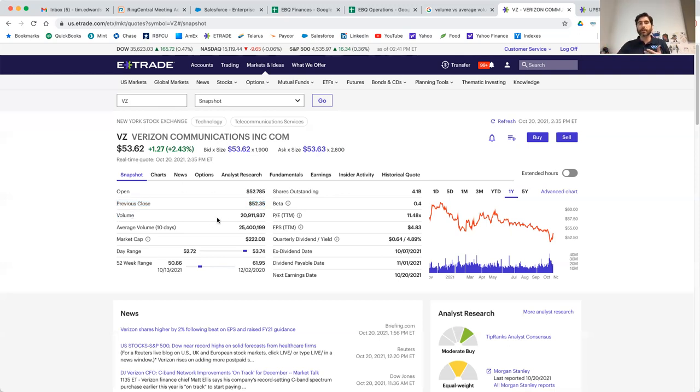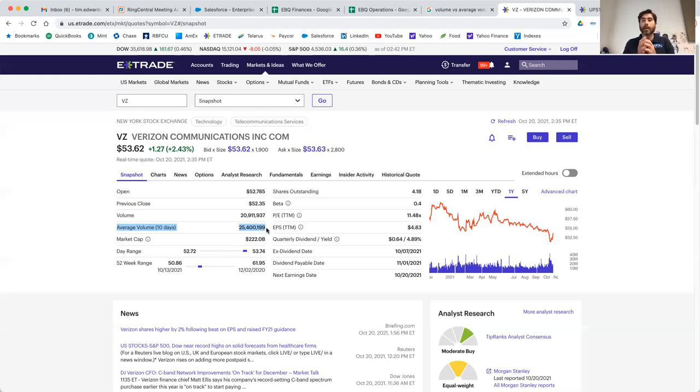Volume, I already talked about it a little bit. This is the amount of shares or stock that are changing hands on a daily basis. So today, for example, 20.9 million shares have changed hands. But the last 10 days, the daily average has been 25 million. So not too volatile, even though it's got good information, probably means a lot of people are kind of sitting on it and really not moving,